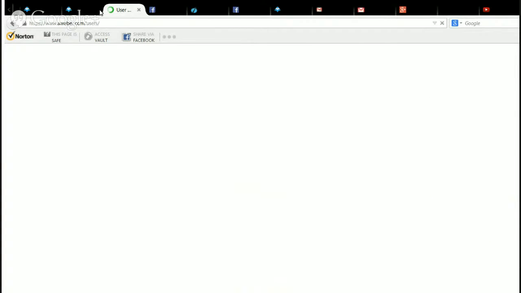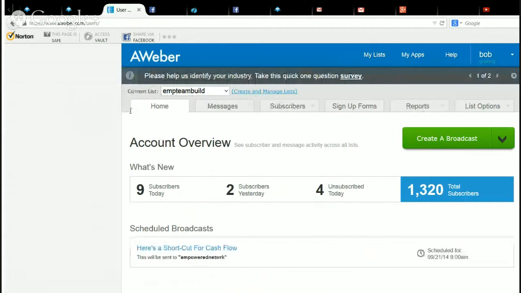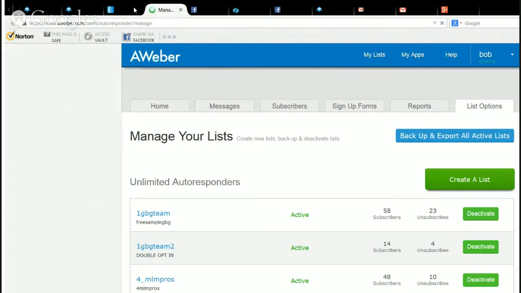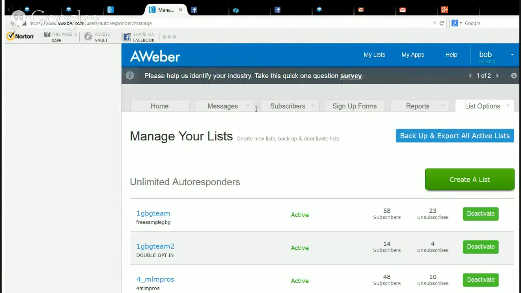So what we're doing here is creating a campaign in AWeber, if you will. So what I did was I created EMP Team Build for the Team Builder campaign. And if I take a peek here, when you log into AWeber, you're going to hit the Create and Manage Lists button. I'm going to open that up in another tab over here. So by hitting Create a List,